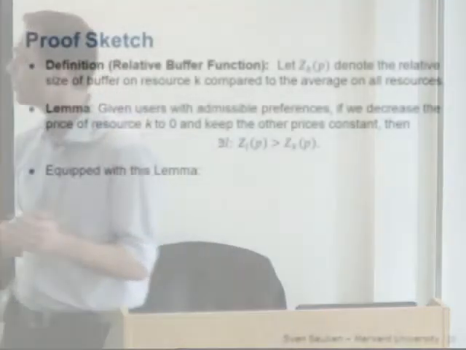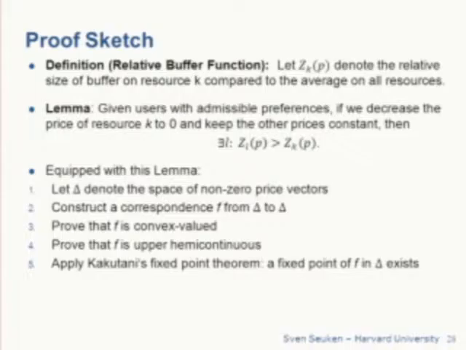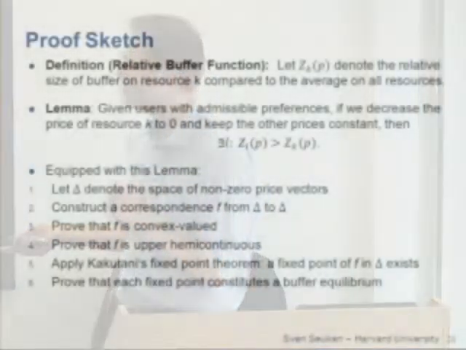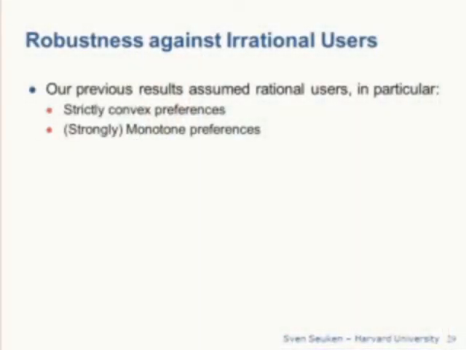And why? So you might think this is obvious, but this is essentially characterizing exactly what kind of conditions we need to get this. And perhaps more interesting is then the next result, which is exactly when we relate some of these conditions. So now the previous result assumed that all our users are rational, in particular that they have these strictly convex preferences and strongly monotone with respect to the supply resources.